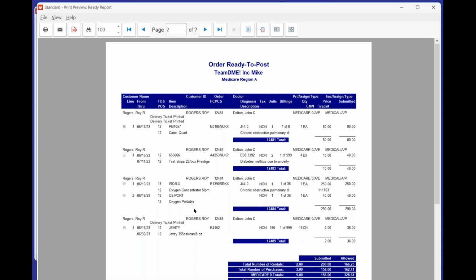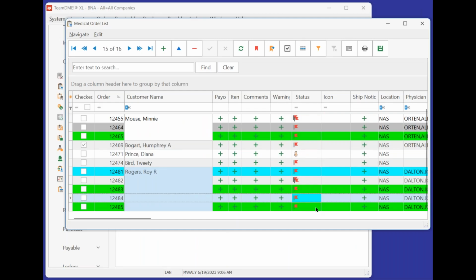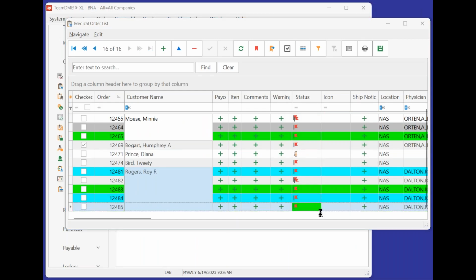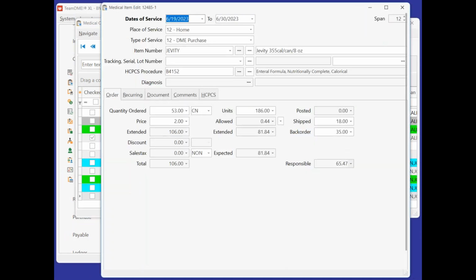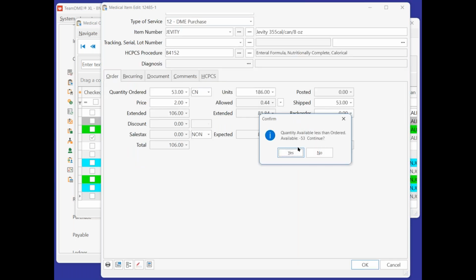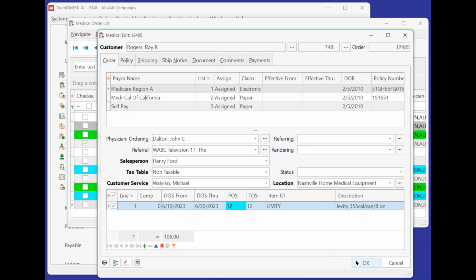So this is the report, especially new customers should look at and see, is there anything that needs to be changed? Well, maybe the Jevity is incorrect and they got all of it. Well, I need to fix that before I post. So let's go back into the Jevity, fix that one because I didn't really want 18 there. So what you would have to do is change this 18 to the 53 and save it. Now it's blue,